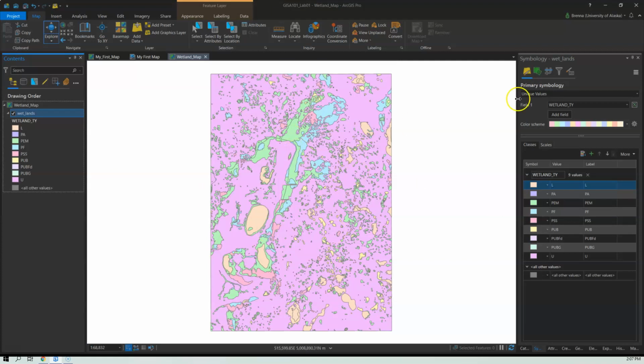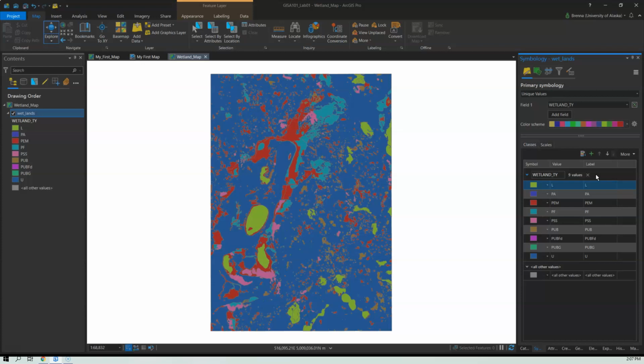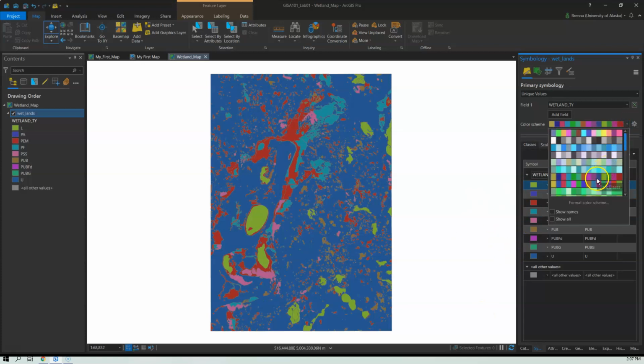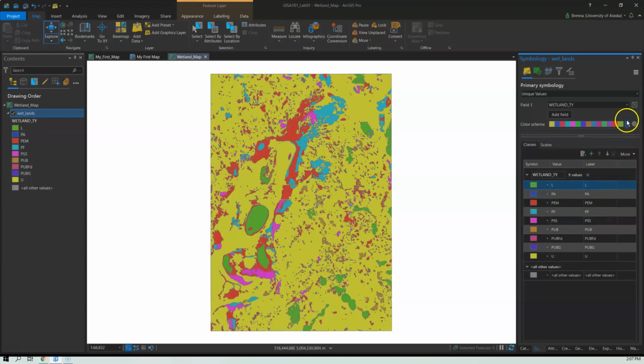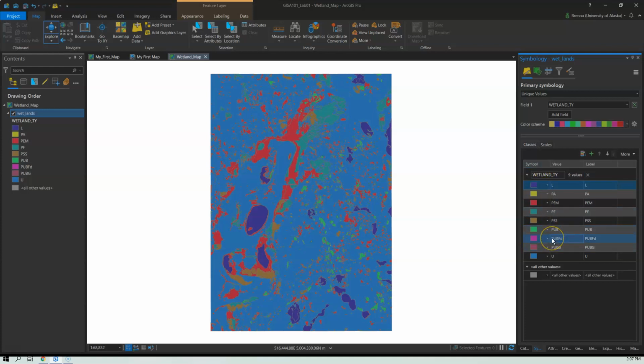You'll notice that it automatically applies this really beautiful color scheme. It is a random color scheme. There's a number of different types, but we'll just use random today. So you can change that color scheme to any other random type color scheme, and you'll notice it instantly assigns colors. If you want to just bulk flip through some options there, every time you change and then come back to that, you get a new random selection of colors that Esri will automatically apply for you. So that's one quick way to play with your colors.